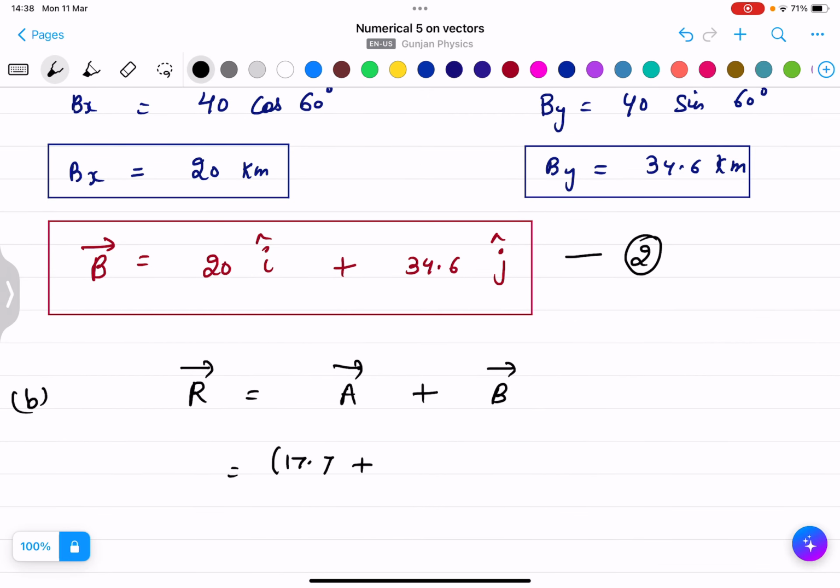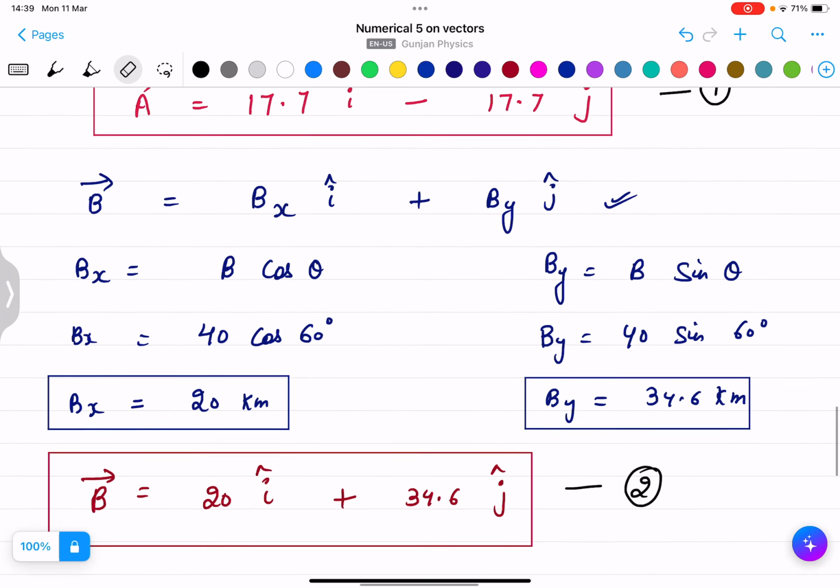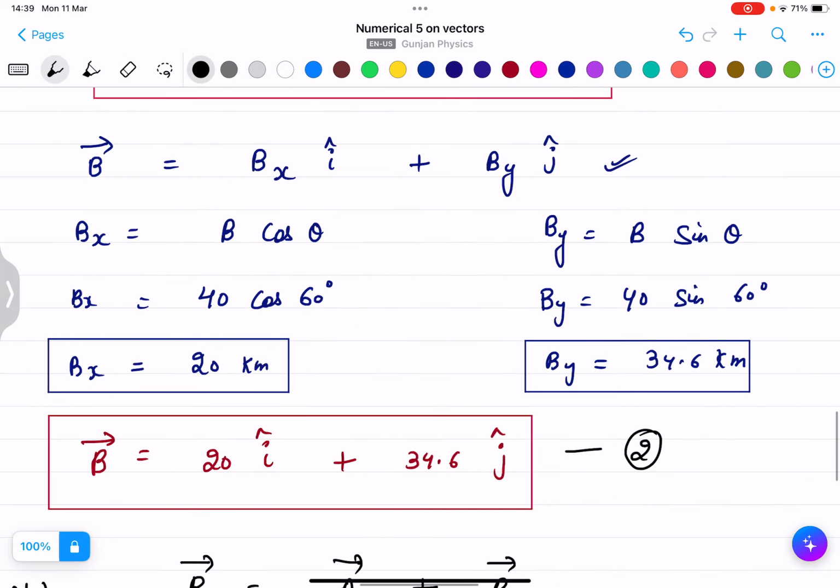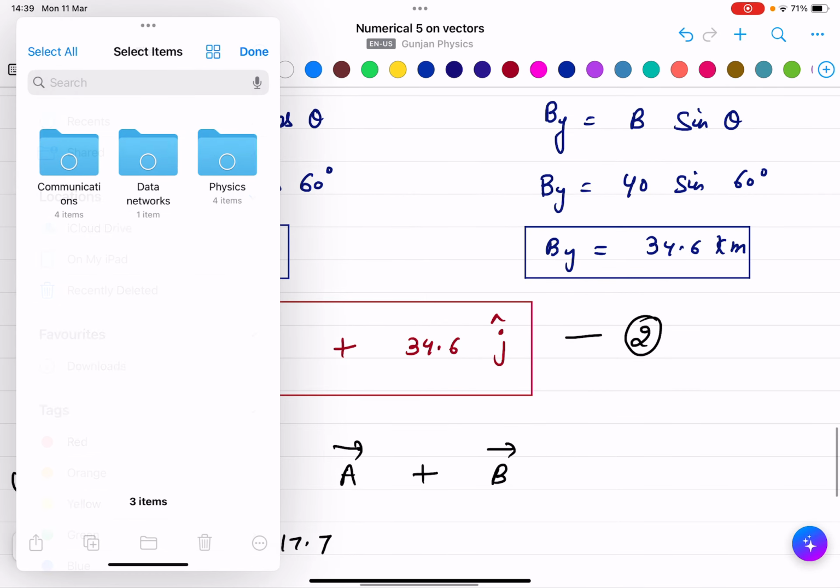I am writing the A vector first. What is that? 17.7i